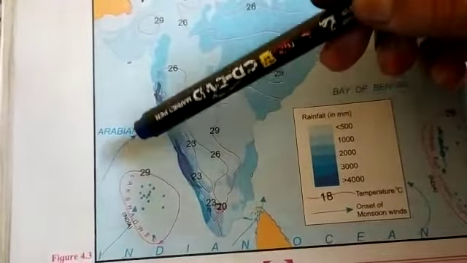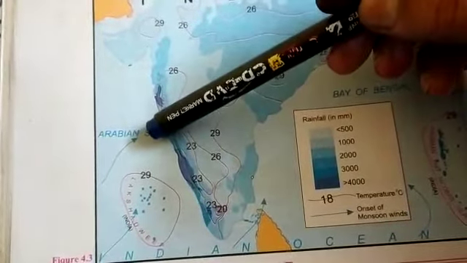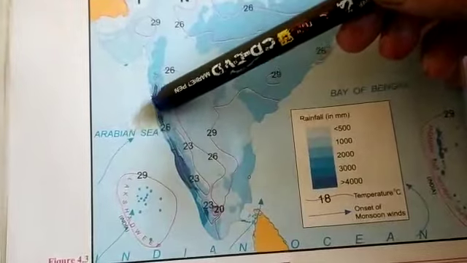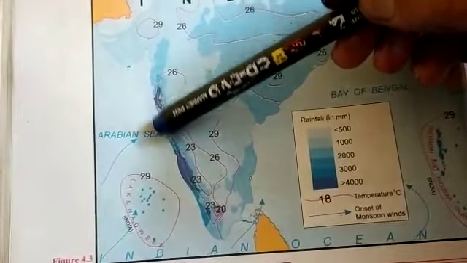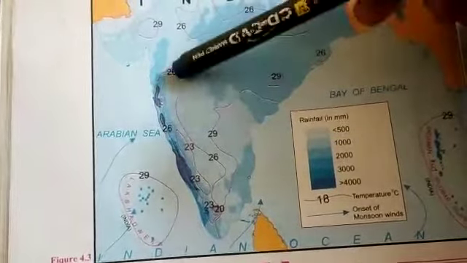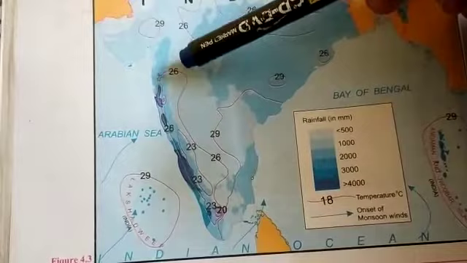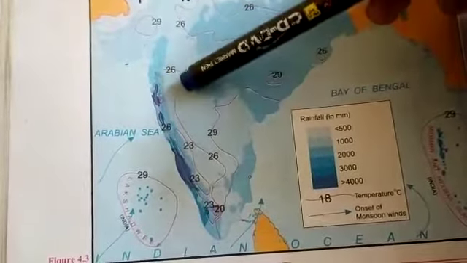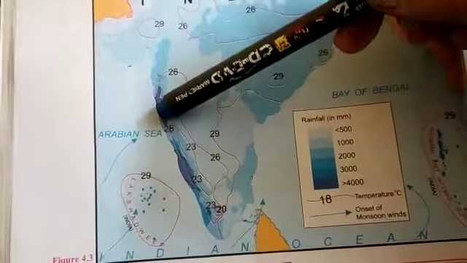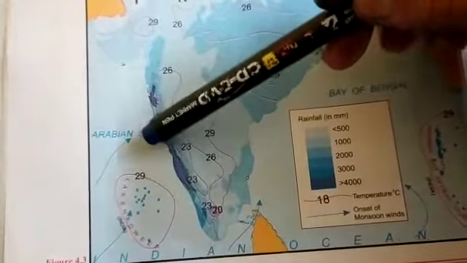These are heavily laden monsoon winds, heavily laden with moisture. And they drop down the rain here, leaving this part of the country a little dry. So very scanty or less rainfall over here in this part, because maximum rainfall has happened here because of the Western Ghats, isn't it?